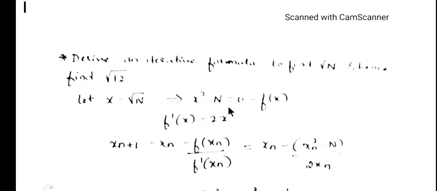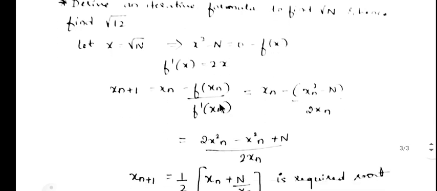Whatever equation we got, we call it f of x. When this is f of x, then f dash of x is equal to 2x. From the Newton-Raphson method, we have the formula that is xn plus 1 is equal to xn minus f of xn divided by f dash of xn, which is equal to xn minus f of xn. Here f of xn will be x replaced by xn, therefore xn square minus n divided by f dash of xn, which means 2xn. Now simplify it,